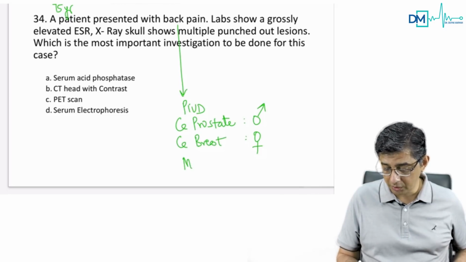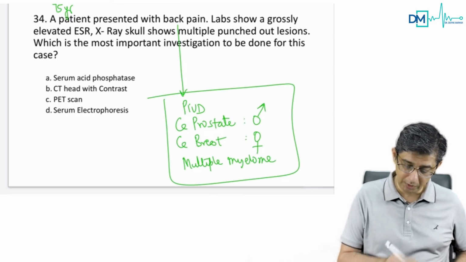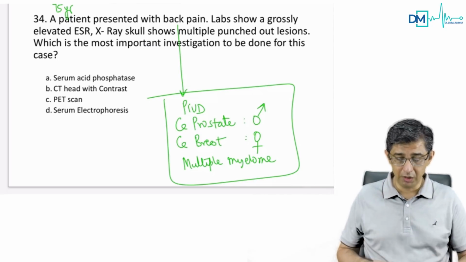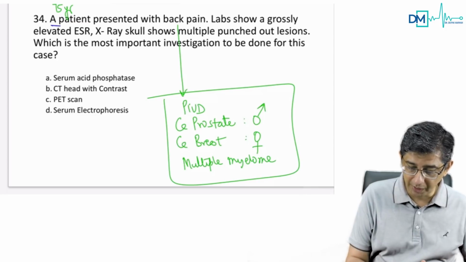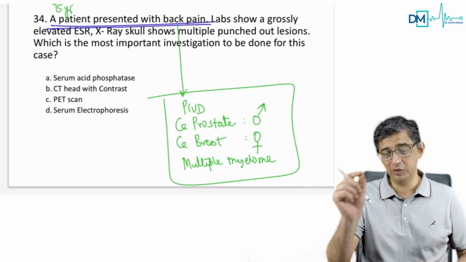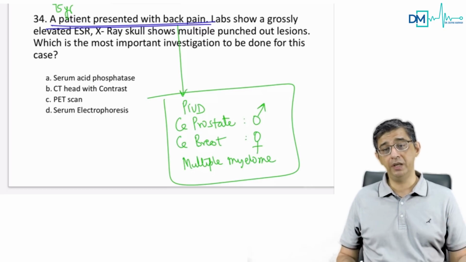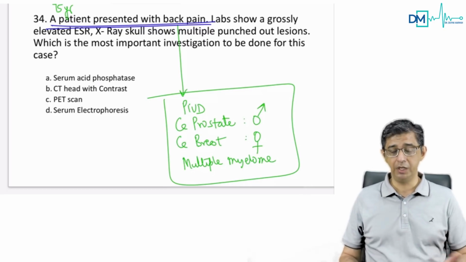And if these are not in the options, then the next cause to be thought of for severe backache in any person of geriatric age group is multiple myeloma. Go through the MCI questions of previous years: whenever he's talking about an old man with back pain, it's always going to be these differential diagnoses. Either it could be disc prolapse due to faulty sitting habits, or it's a metastasis, or it's multiple myeloma.